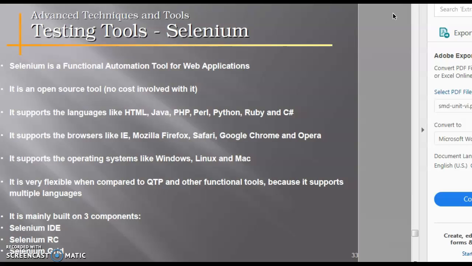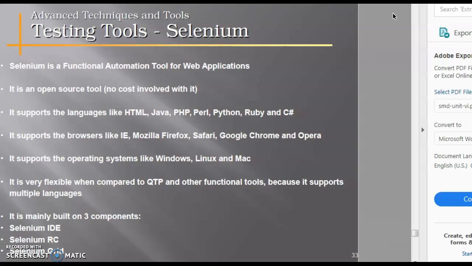Selenium is a suite of tools that helps in automation only for web applications. Primarily, Selenium was created by Jason when he was working on a web application that required frequent testing. So Selenium is a functional automation testing tool for web applications. It is open source software.